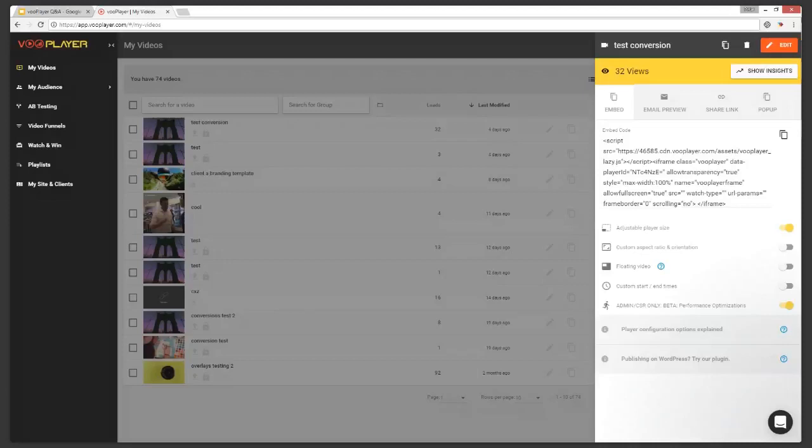Louis is saying new overlays are very good. Any idea on the timeline for these to be rolled out on funnels as well? Ooh, that is a very interesting question, Louis. For overlays to be rolled out on funnels. So how would they behave on funnels? Would they behave as questions? Would you be able to ask questions within these overlays somehow? Because